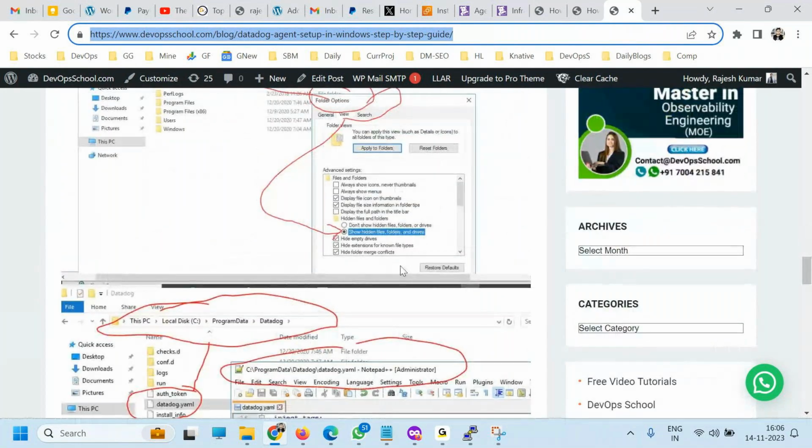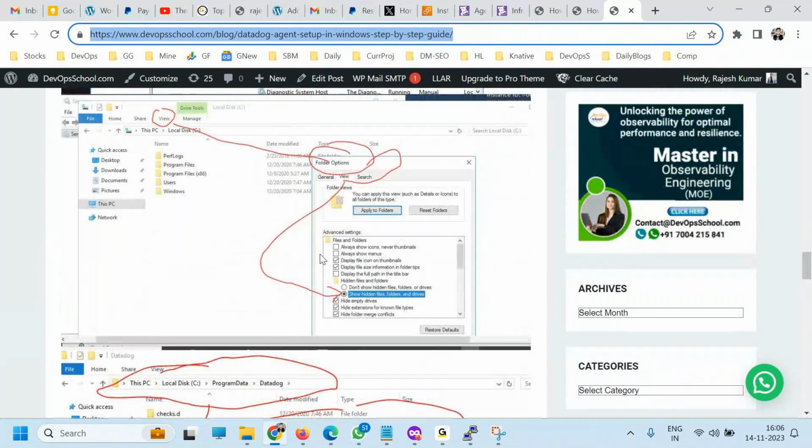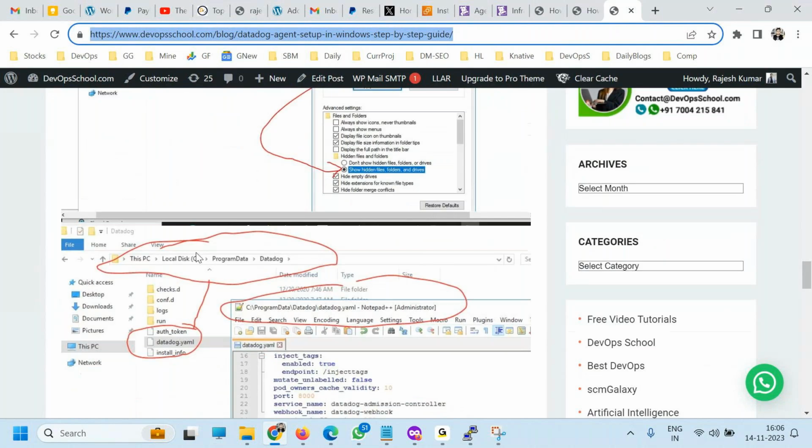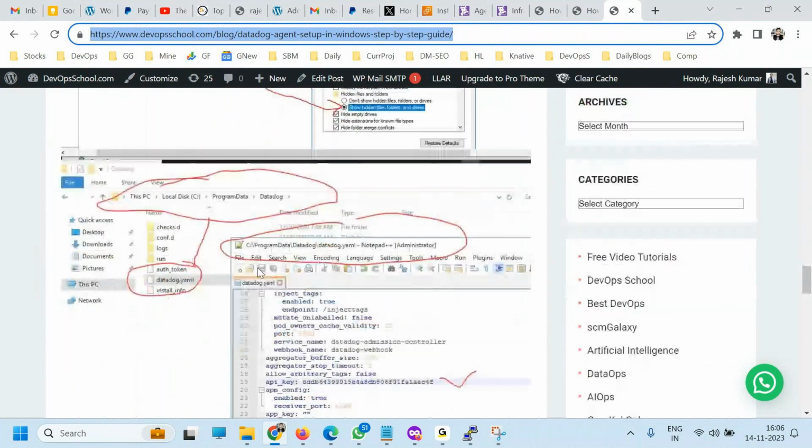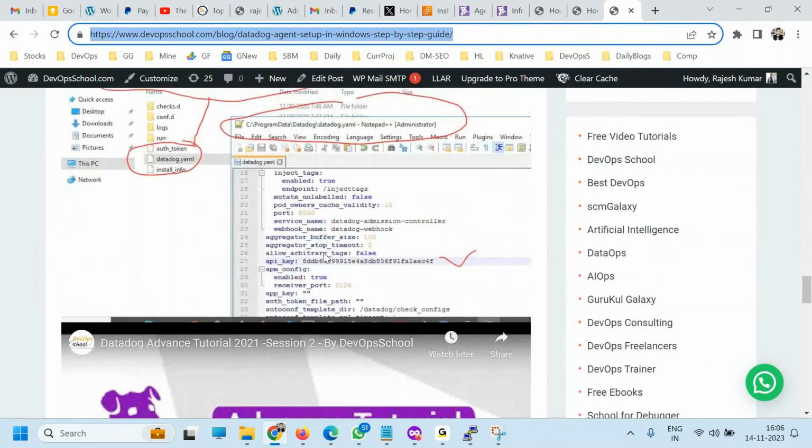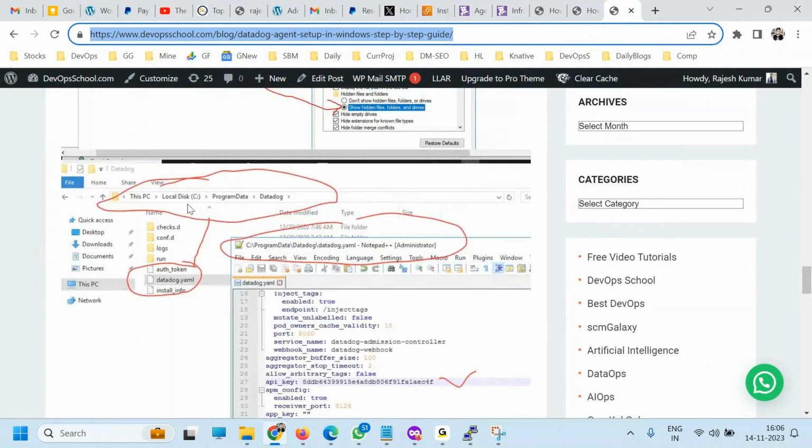Now the most important thing, you will not face any problem in the Windows, but the only thing you have to remember is that datadog.yaml file will be located in the C ProgramData. That you must remember. Look at this path: C ProgramData, Datadog directory, and here is your datadog.yaml file. So in Linux, it's under the etc, and then Windows, C ProgramData and Datadog.